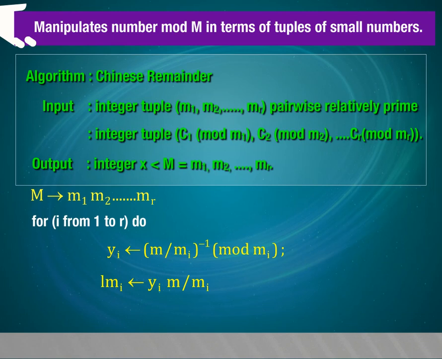Lmi equivalent to yi times m by mi. Return the summation of i equals 1 to r,